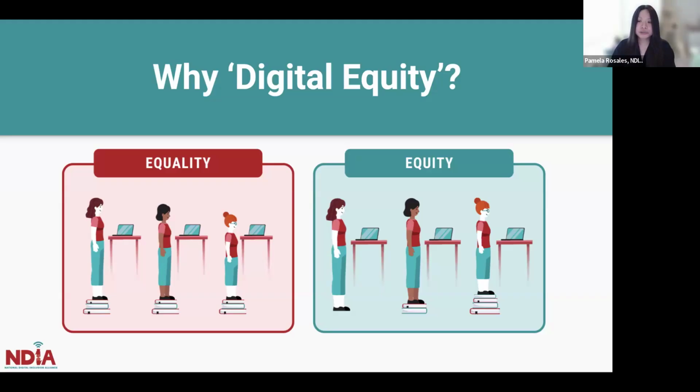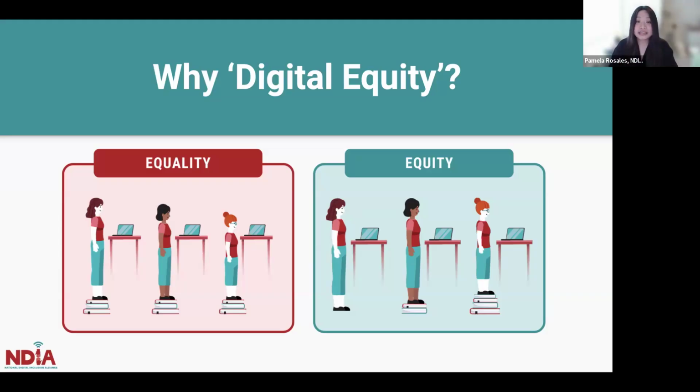So when it comes to digital inclusion, how we do this is by learning what the unique needs of our community are. For example, that can be learning that we need to have multilingual trainers if we're providing digital navigator services or digital skills training. We need to make sure that our trainers are speaking the same language as our target audience, or that they're coming from that same lived experience.